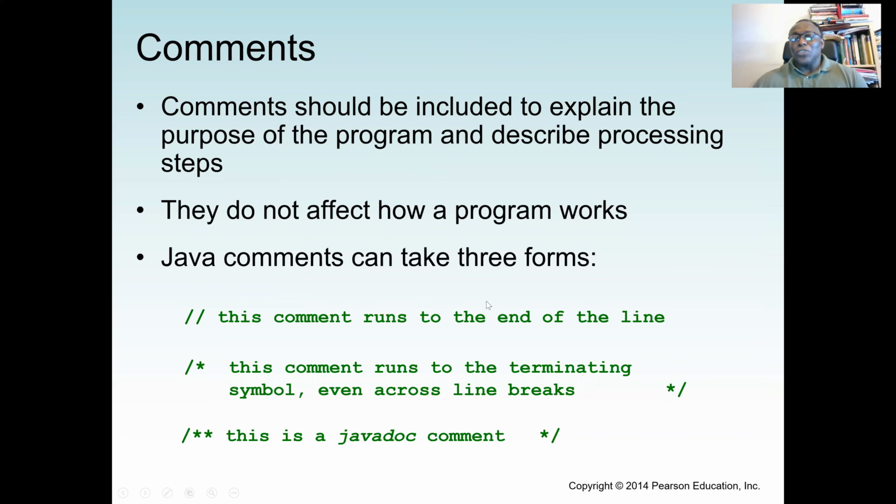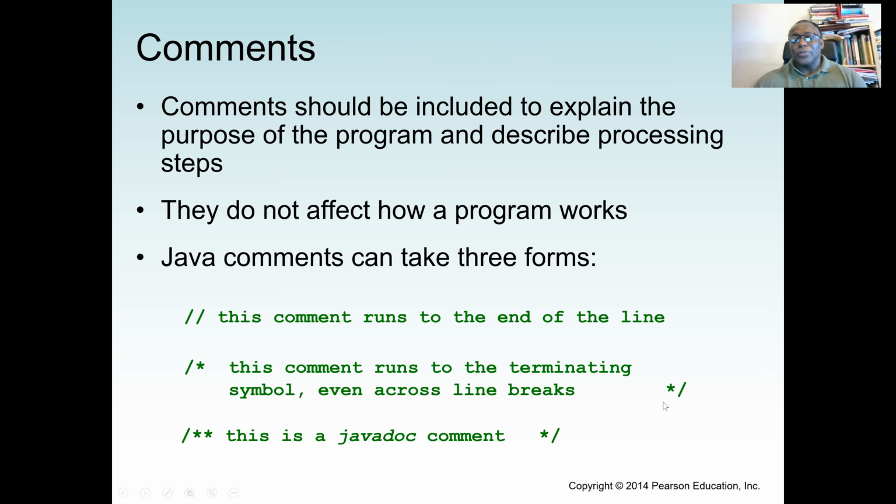Now we have 3 forms of comment. The first one, the double forward slash, is a single line comment, so everything is on one line. For a multiple line comment, we start with only 1 forward slash, then an asterisk, and we end it with an asterisk and also a forward slash. So I can have as many lines as I want. I start with 1 single forward slash and asterisk, with no space between them. They are all together. Then you write any comment, any amount of lines,